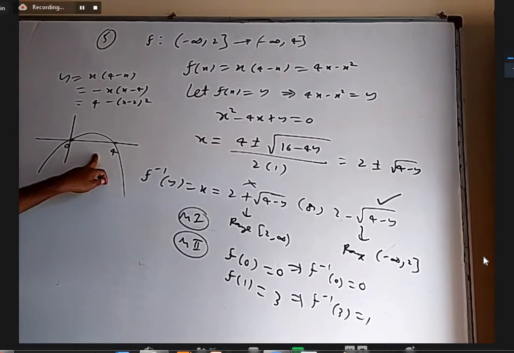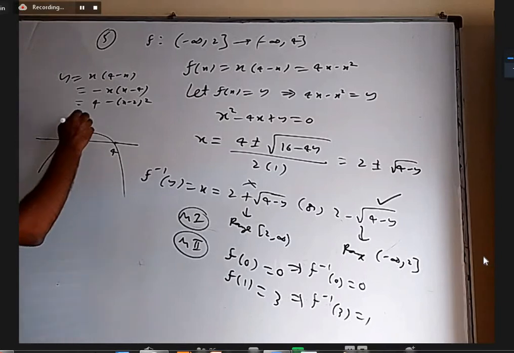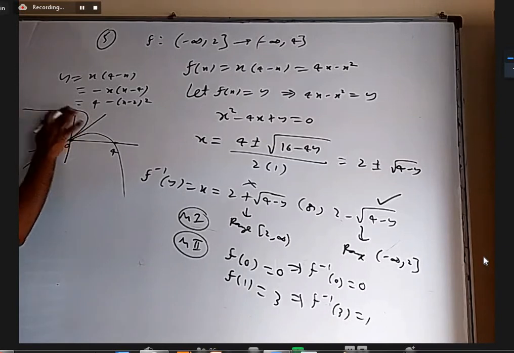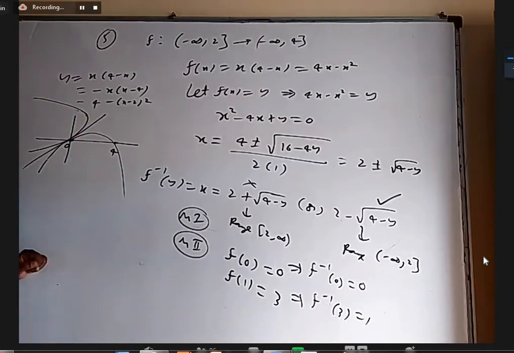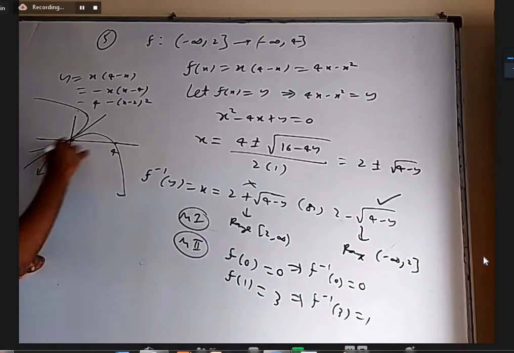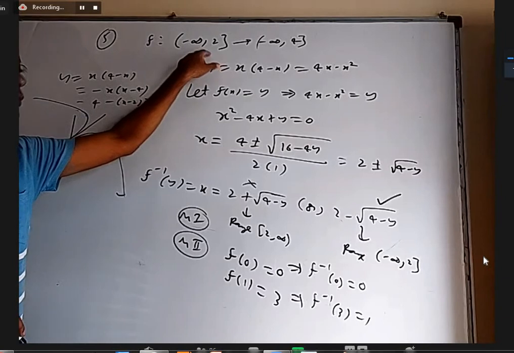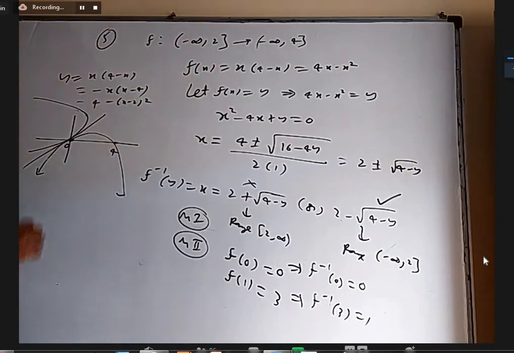If the graph of this is this, then you have to take the y equal to x line. Find the mirror image of this. That is how you'll get the inverse function graph. So maybe the inverse function graph will be somewhat like this. But our graph is not this full parabola. Why is it not a full parabola? Because our domain is not all real numbers, only minus infinity to 2. So it is only this.